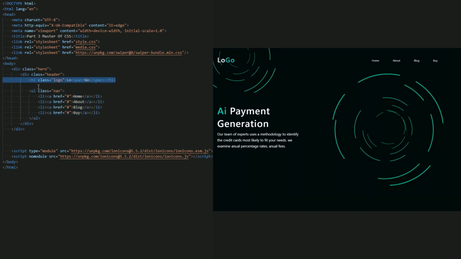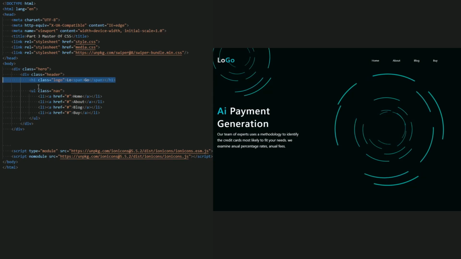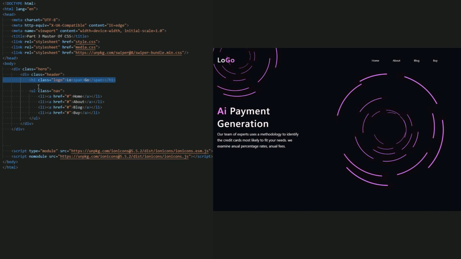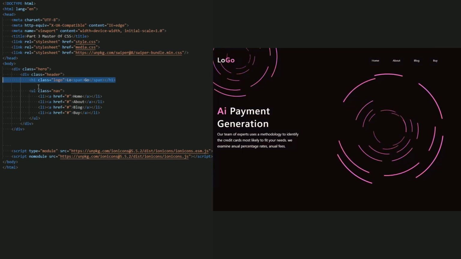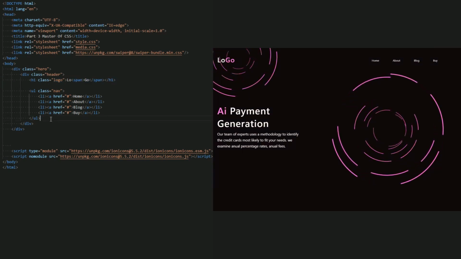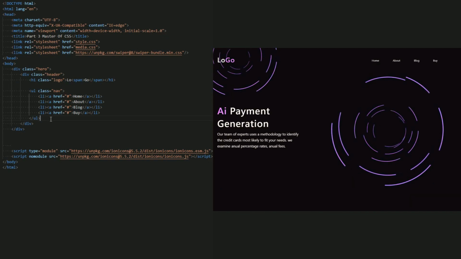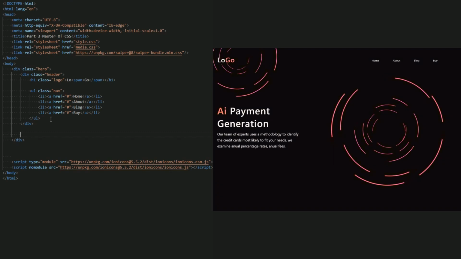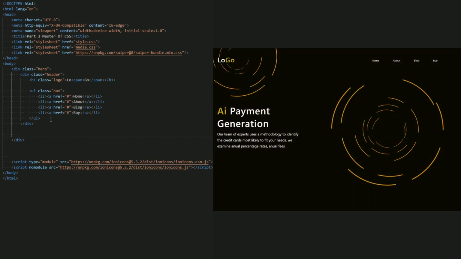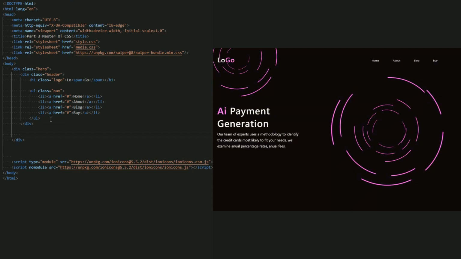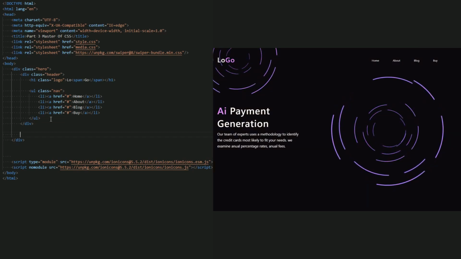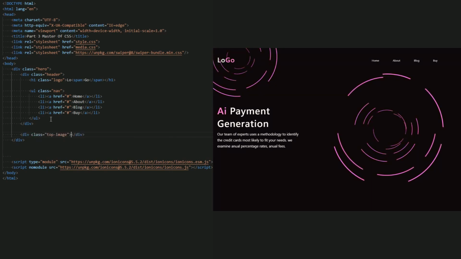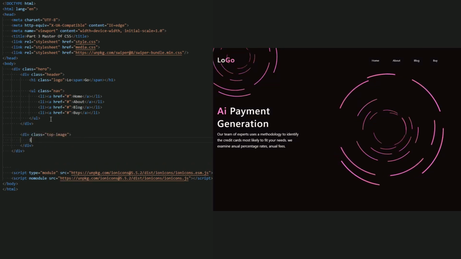Now let's go create this image, as you can see at the top of this menu. And after this, we're going to create this title and this image, as you can see right now. So first, let me just create this image at the top of this header. Let me create a div for this image to set the position to absolute, to change the position to be at the top of this header. So let me just name it simple, top image. And now inside it, add the image.